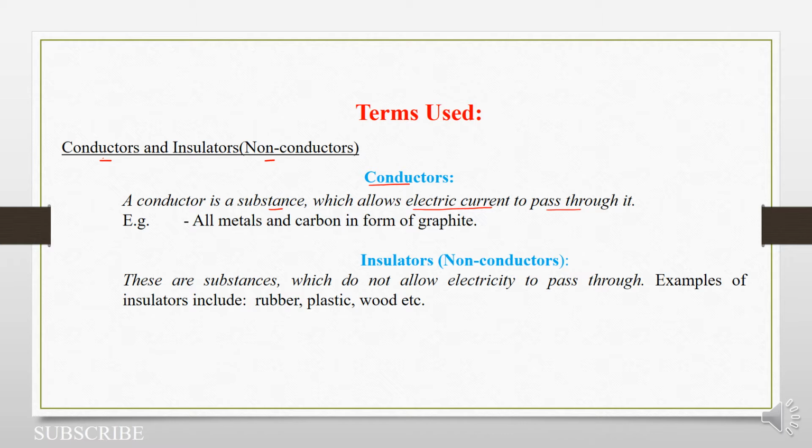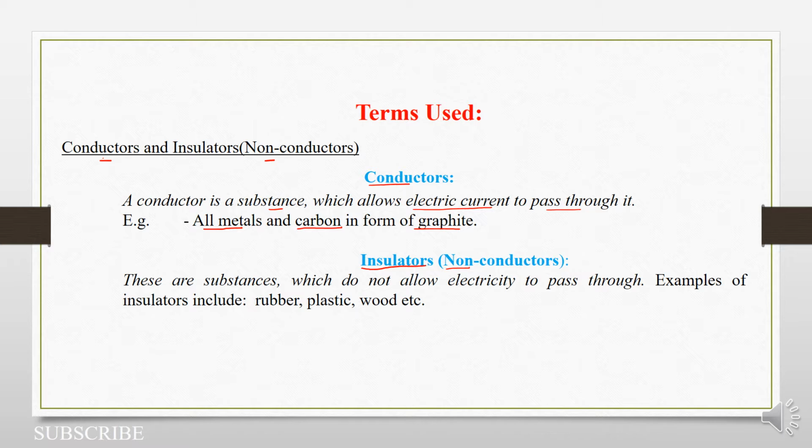All metals, because they have free or delocalized electrons, will be conductors. Maybe carbon, it's a non-metal, but we shall have to be specific. Carbon in the form of graphite is also a conductor because electricity can pass through it. So that's a conductor. However, non-conductors will mean the opposite of conductors, and they are also known as